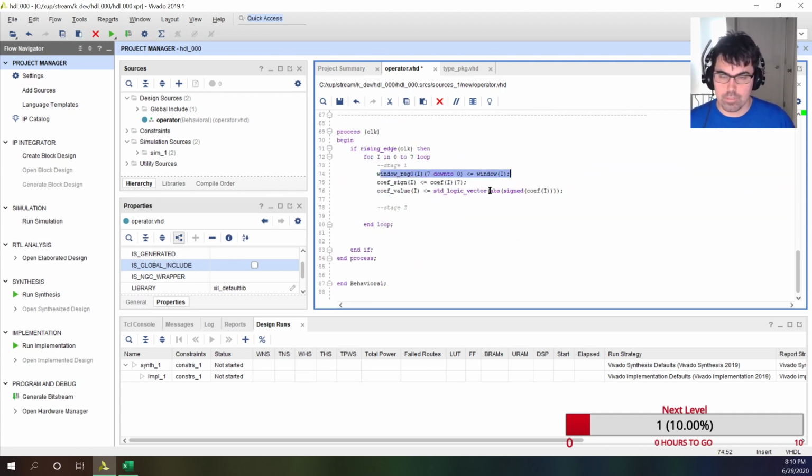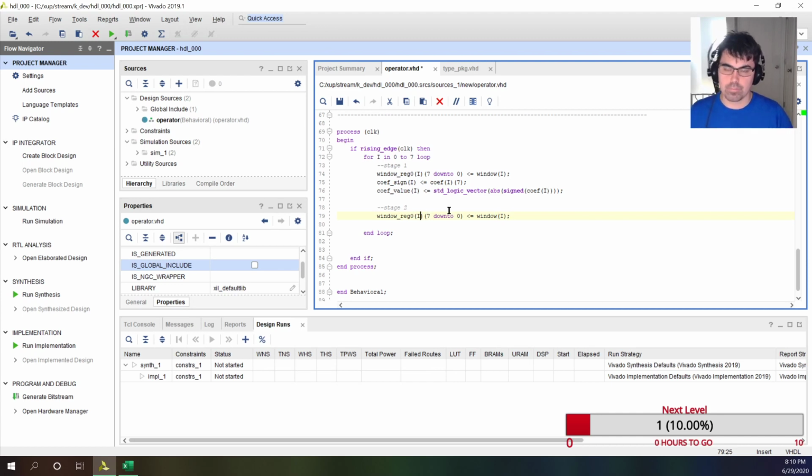So first thing is we want to update the next window. So we want to update the next window. And